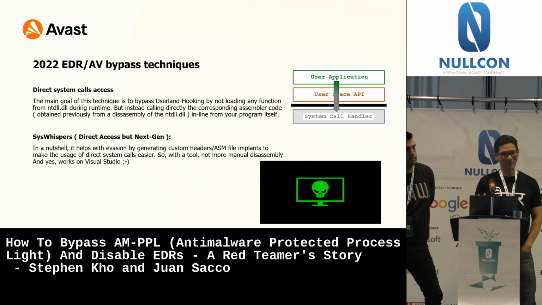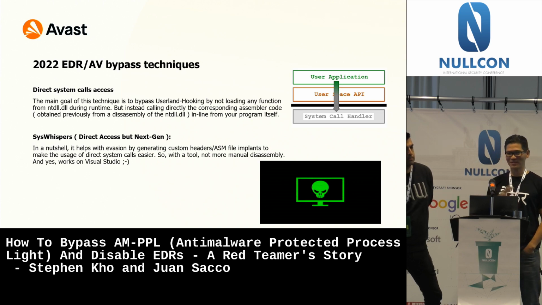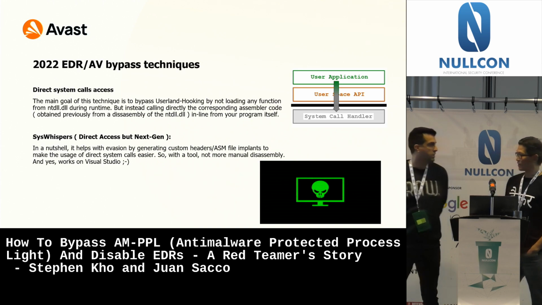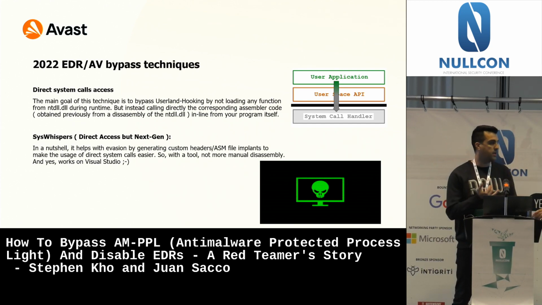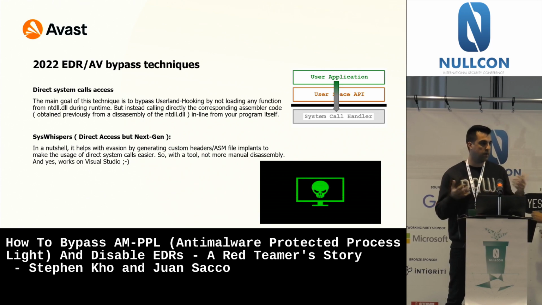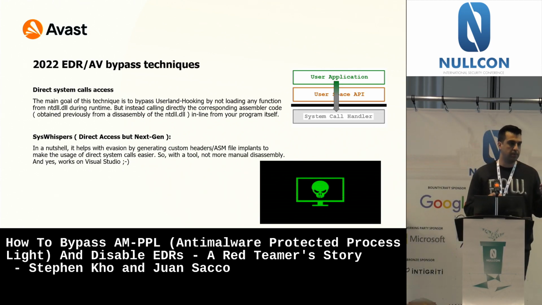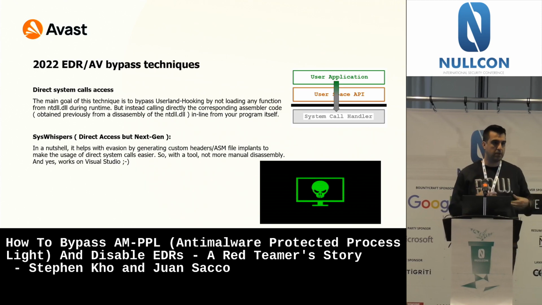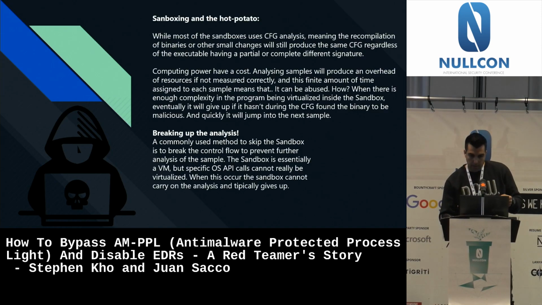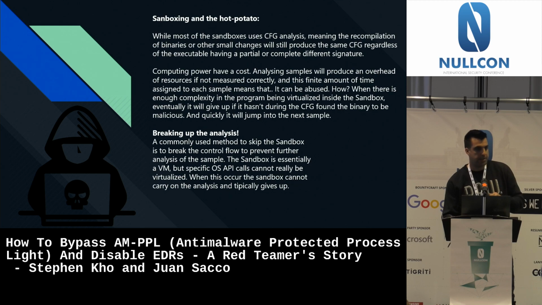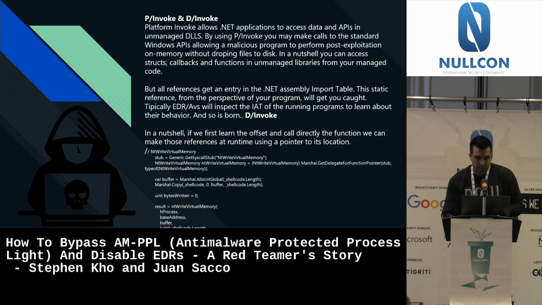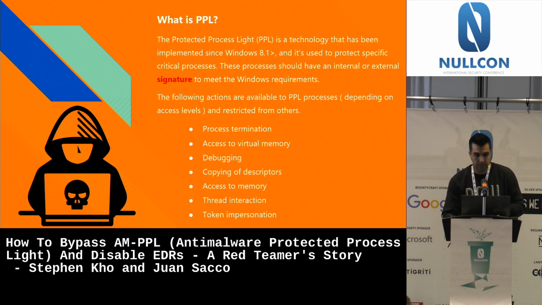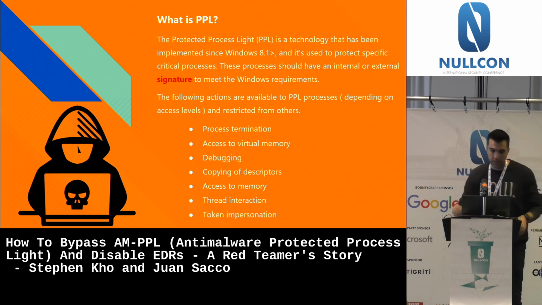Right, so that's the quick run through on some background. Hopefully everyone's on the same page now. So now that everyone understands how an antivirus works, how an EDR typically works, and how they intercept interactions with the user, we're going to take you to the AM-PPL bypass part of the presentation. I'm going to skip some of this, because otherwise we would require two hours or more. So I'm going to take you directly to the good stuff.